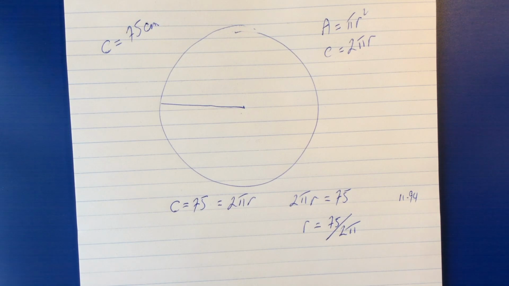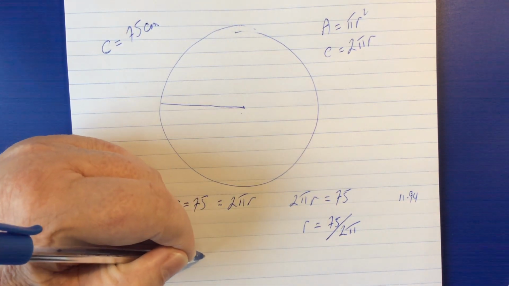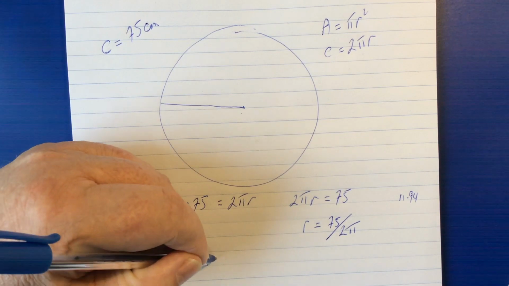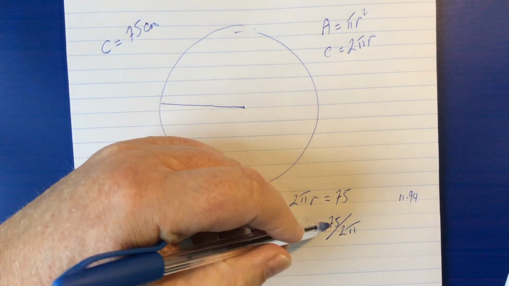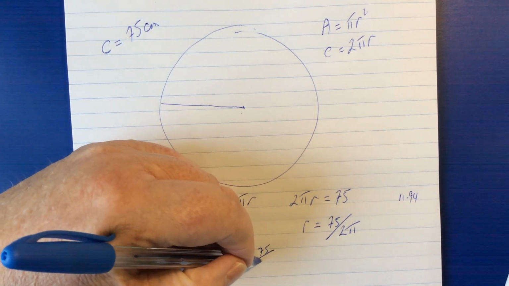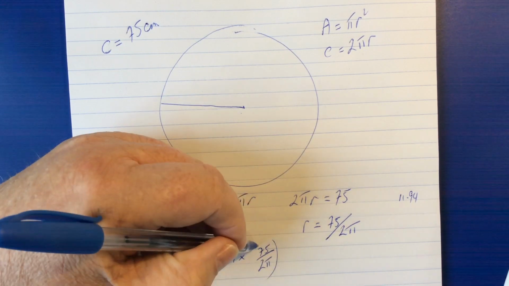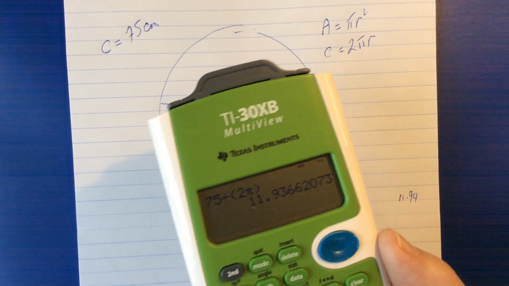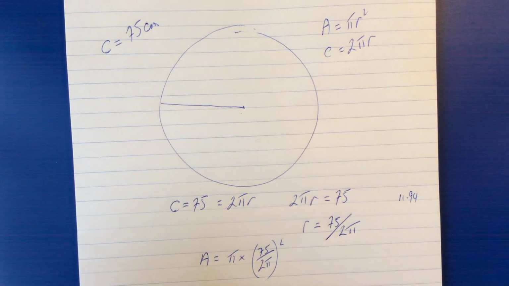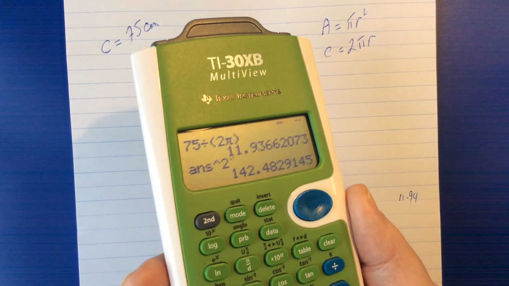Okay, so we know that the area is going to equal pi times 75 over 2 pi, squared. So let's work out this number. And we're going to do that on the basis of this number here. So let's raise that to the power of 2. And we get this number,